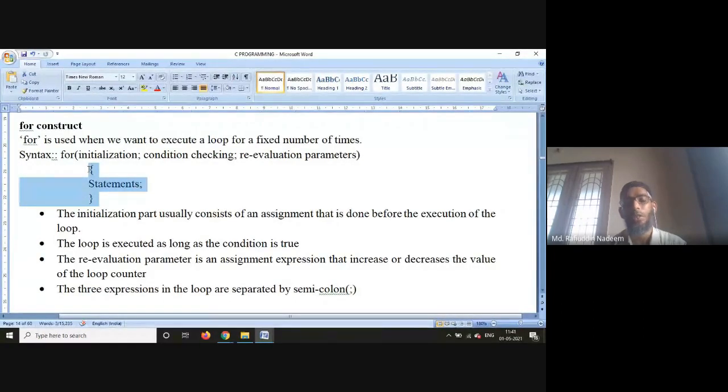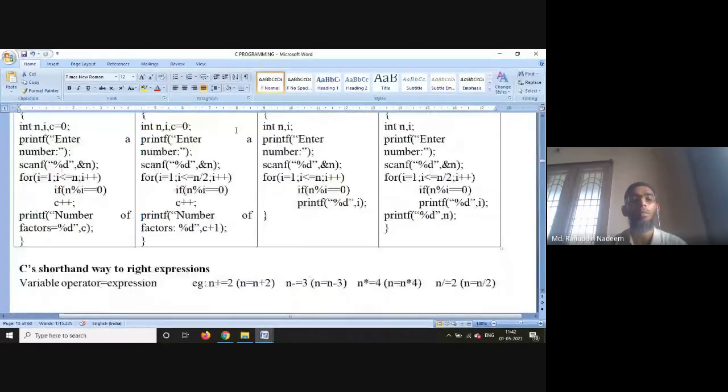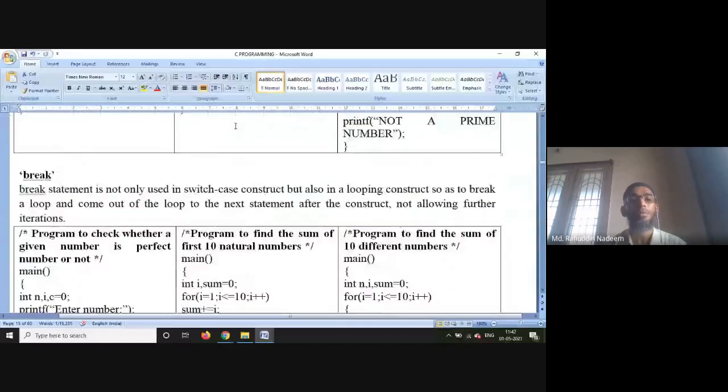In the for loop, first initialization is done, then the condition is checked. If the condition is true, the statements are performed, and while going back, the reevaluation parameter is performed. Then again the condition is checked, and if it is true, the statements are performed again, until the condition is no longer true. Likewise, you have a number of programs. You can go through the programs.